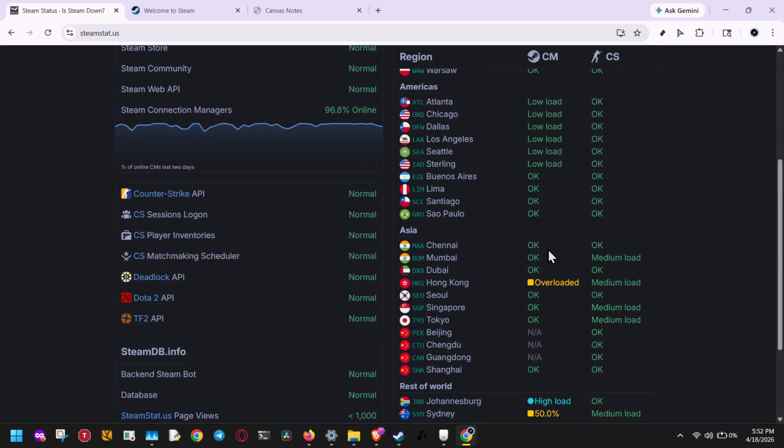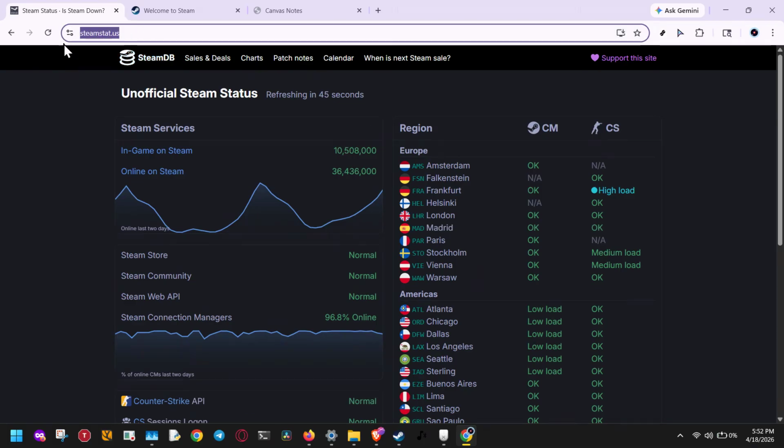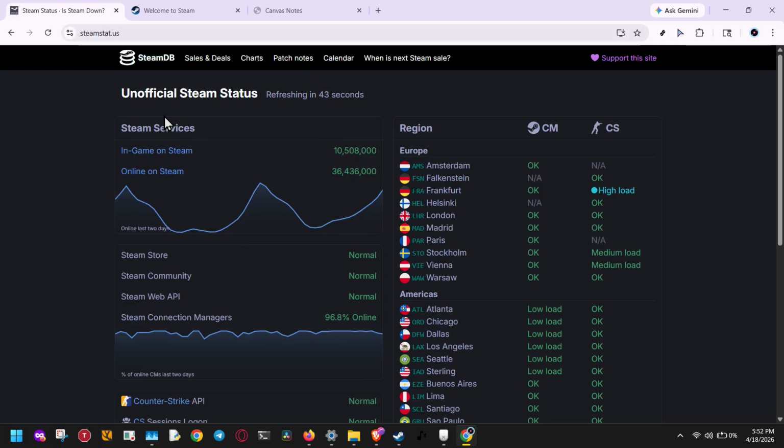To check this, look up the Steam server status and see whether Steam is reporting any outages or maintenance events. If the servers are down, give it some time and try again later. In many cases, once Steam is back online, the game will authenticate normally and the error will disappear on its